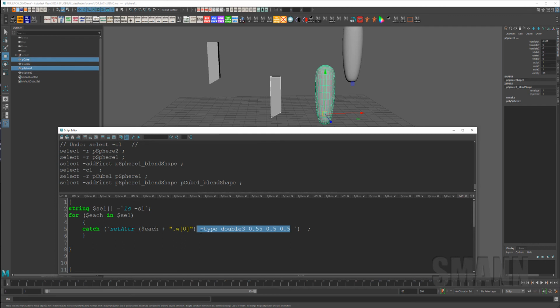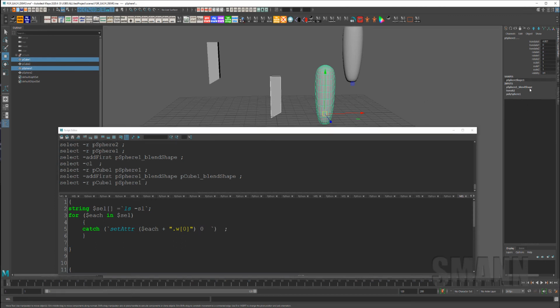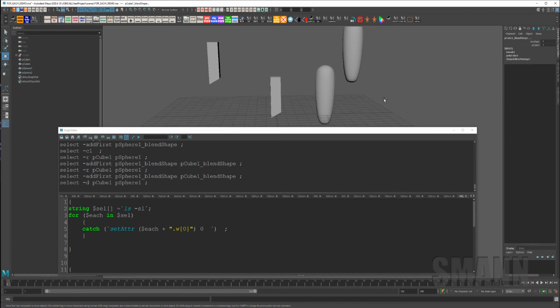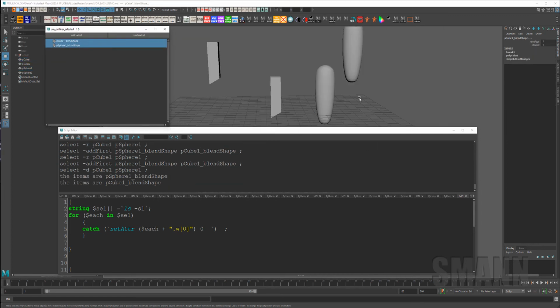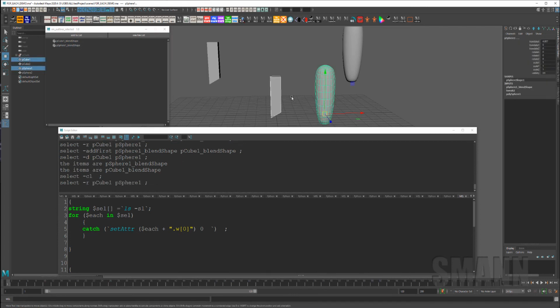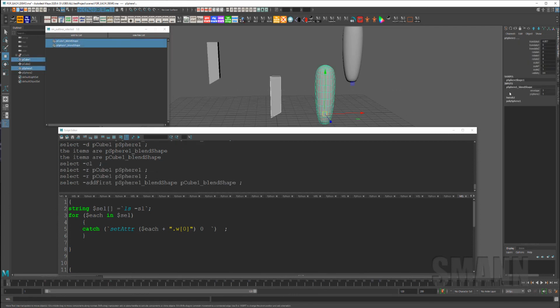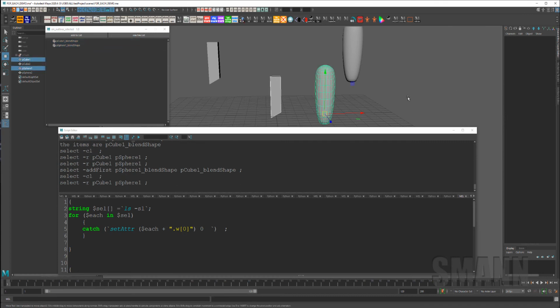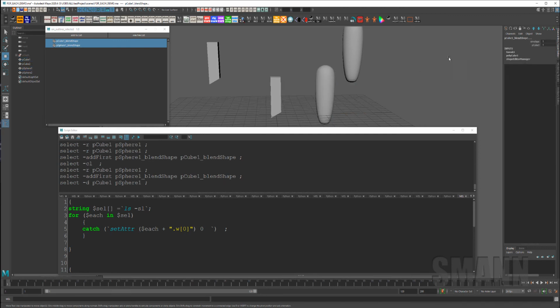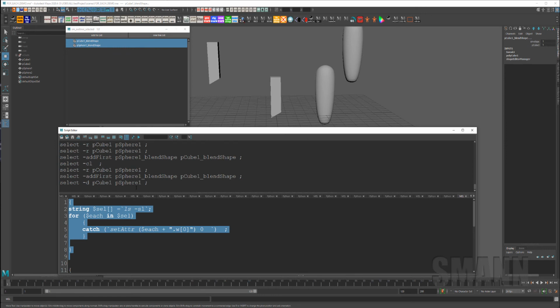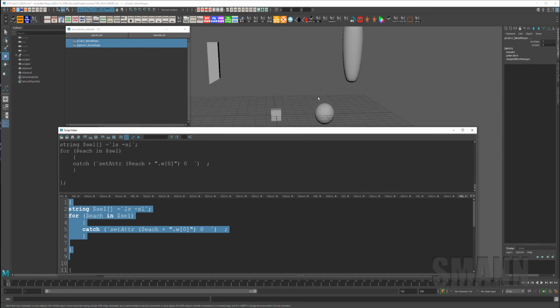You don't need to know what that means. Again, you can just steal this. And what I can do is go down here and grab those blend shapes, deselect my objects. I can just show you that I do have those two blend shapes selected. If you don't know that trick, you just select the objects. If you select the inputs, now this is going to work on inputs. It's not going to work on things like constraints and stuff like that. But if I select inputs and then Control deselect my objects, I'll be left with those blend shapes selected. And now if I run this, you notice it changes both of them at the same time,